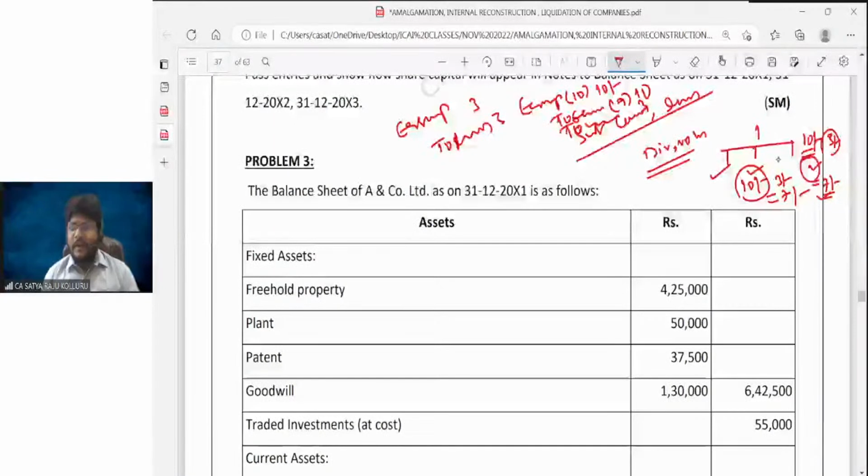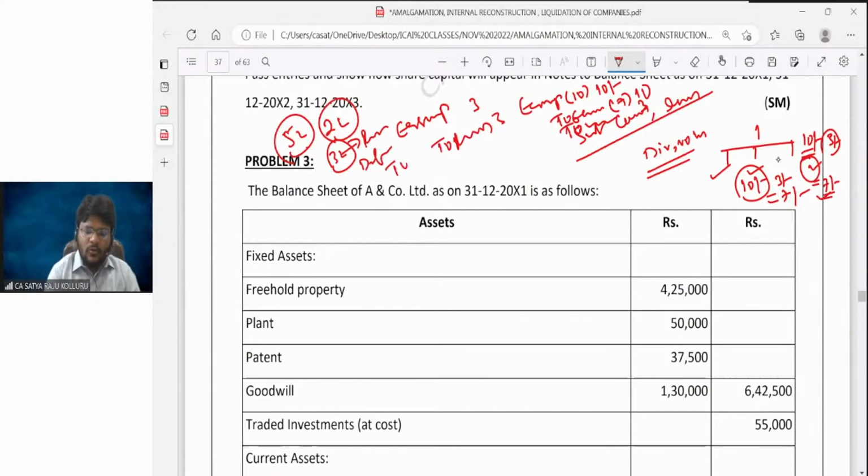And we also saw the gross sacrifice, net sacrifice concept as well. I mean to say, the particular party is ready to forego something, but as a result, he is expecting something more. For example, debenture holders are ready to sacrifice 5 lakhs, but in return, they are expecting 2.5 lakh worth of equity shares, or simply 2 lakh worth of equity shares. Then what is the real sacrifice? Real sacrifice is 3 lakhs only. To that extent only, you need to transfer to reconstruction. Then debentures account debit to reconstruction 3 lakhs, to equity share capital 2 lakhs.